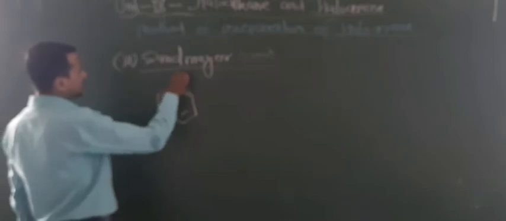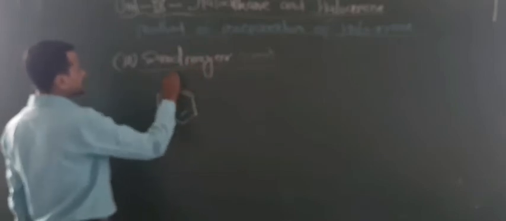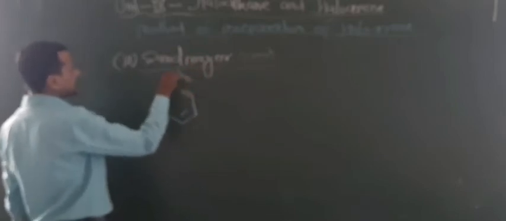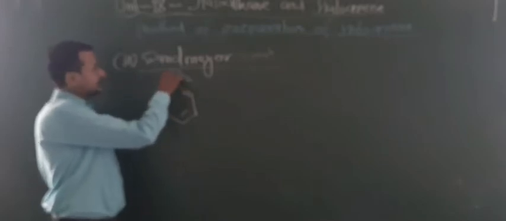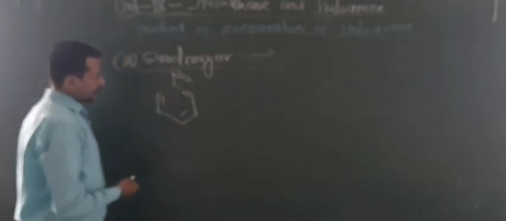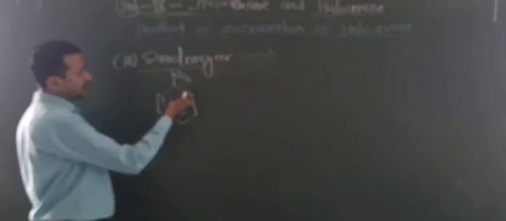Aniline, that is a ring containing an NH2 group. Aniline has one lone pair, about which I also told you. The ring is attached to a nitrogen atom which has a lone pair, so it is an ortho para director. It can donate electrons to the ring and hence increase the electron density at the ortho and para positions. Hence NH2 is an ortho para director.